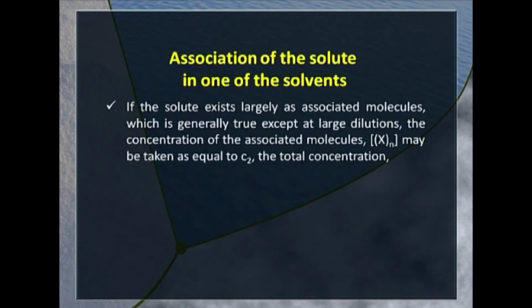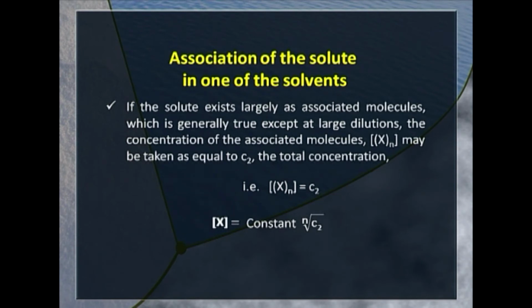So if the solute exists largely as associated molecules, which is generally the case except at large dilutions, the concentration of the associated molecules, that is Xn, may be taken as equal to C2, the total concentration. That is, concentration of Xn is equal to C2, and therefore X is equal to constant into nth root of